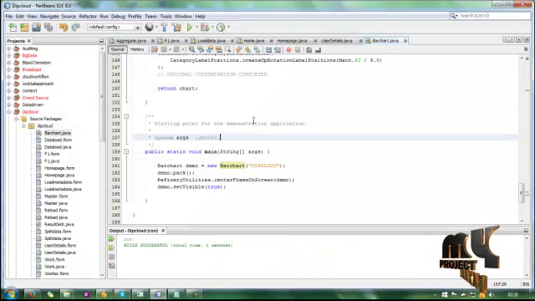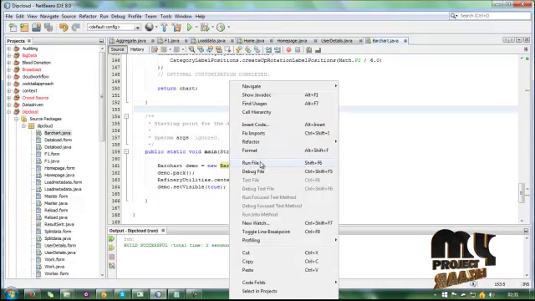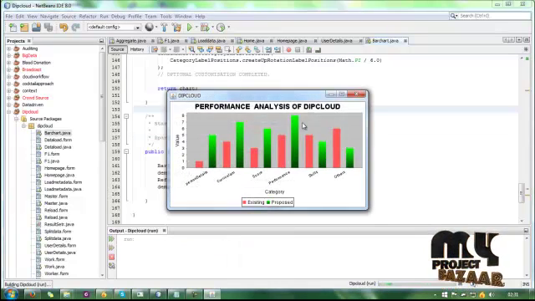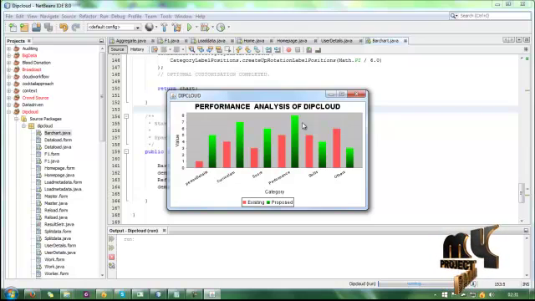This is our graph diagram for the DiploCloud. Here the DiploCloud data is processed as a bar chart, showing the performance analysis of DiploCloud. Based on the student details, we process our existing details and the proposed details. Here some student details are increased for the proposed system. We use different methodologies and different tools to process our student details, increasing the